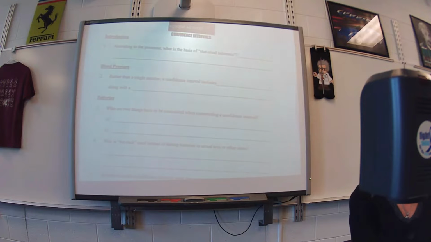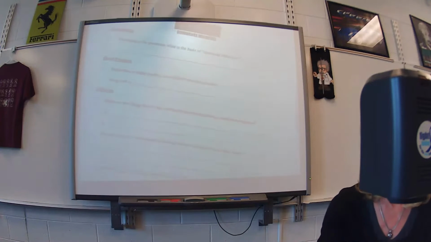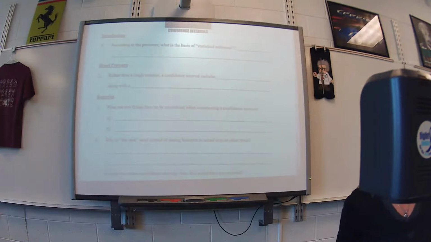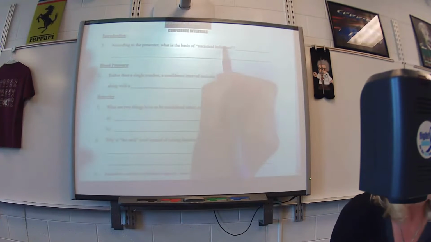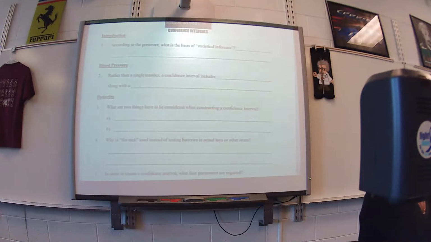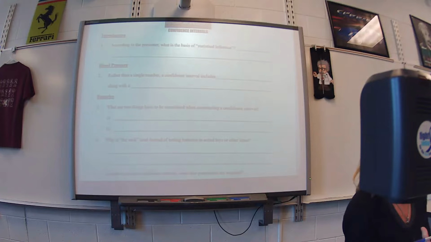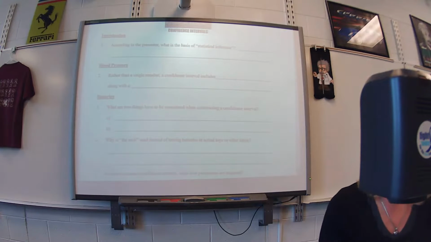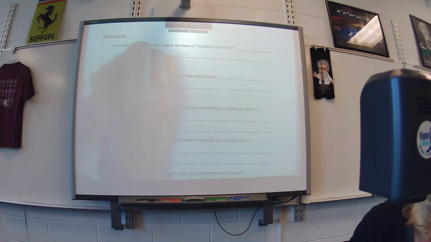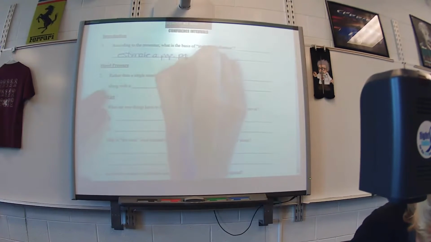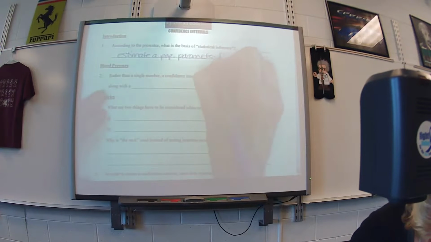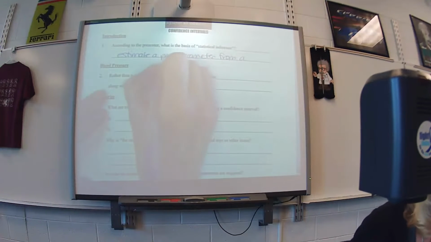All right, according to the presenter, the basis of statistical inference. Now, this is not new to this unit, okay? The whole idea of statistical inference is that if we are trying to figure out something about a population, we take a sample and we try to take that information and infer it back to the population. So the basis is we are trying to estimate a population parameter from a sample